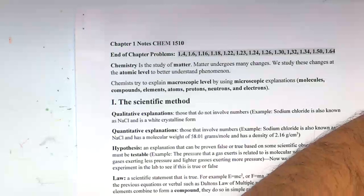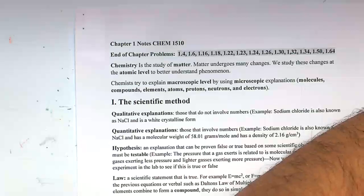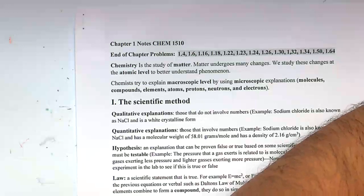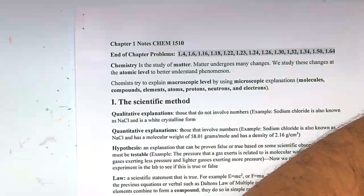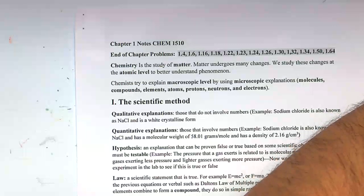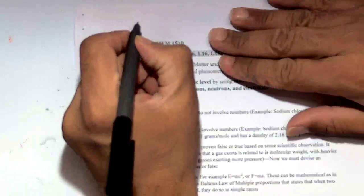So I want to begin this introduction to this class, Chem 1. I think some of you have not had this course in a long time, or maybe it's been your first exposure to chemistry. But I want to begin by just trying to define the subject or the discipline. So let me begin by